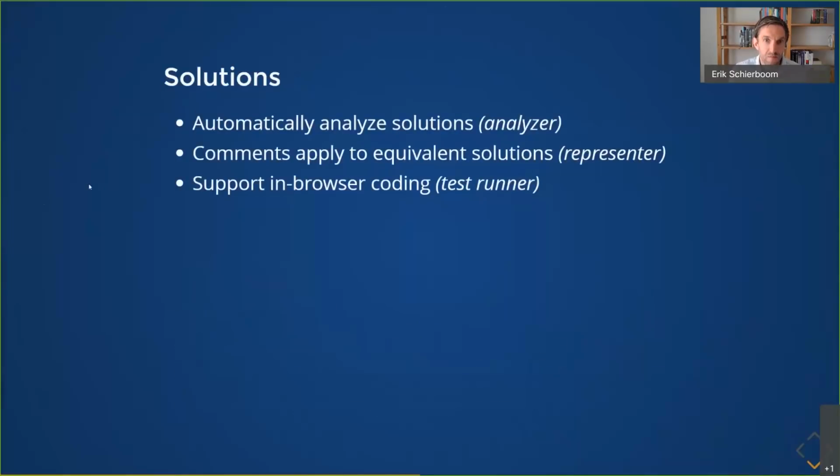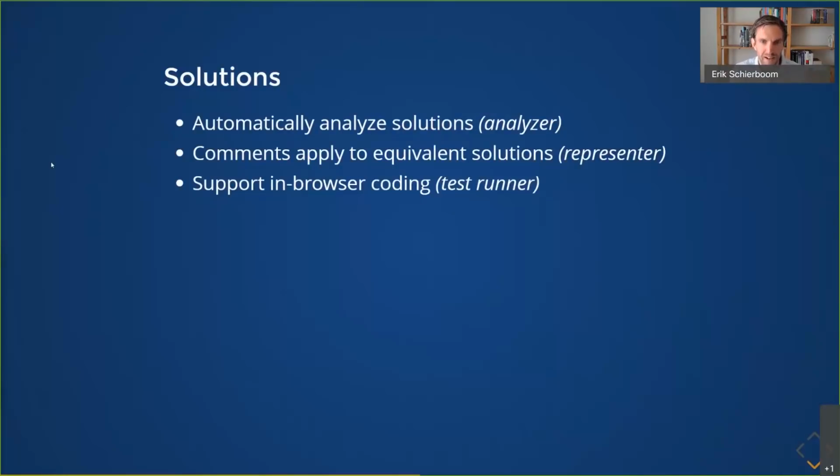All right, we've come up with some solutions for that. And one is that many students will have the same sort of issues with their solutions. So mentors will recognize these patterns and say, hey, this is a student that's using an if statement, but a switch would be more idiomatic. So those are all rules that are in the mentor's head. But what we try to do is encode those rules in code. And the analyzer is a tool that takes code that was submitted by a student and then looks for patterns